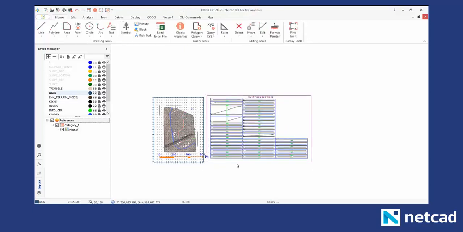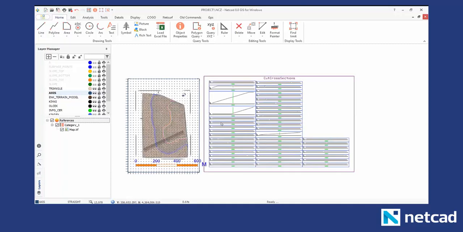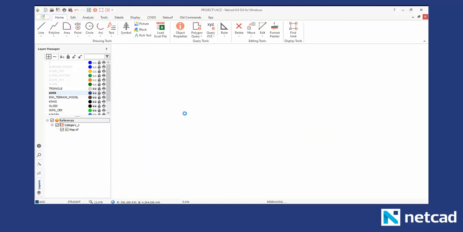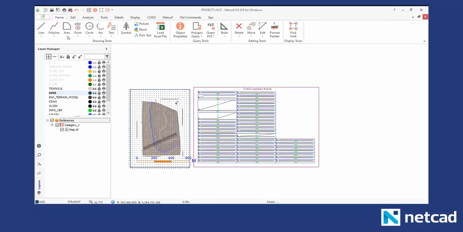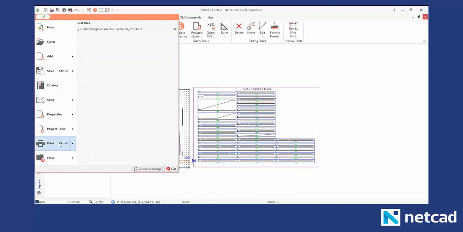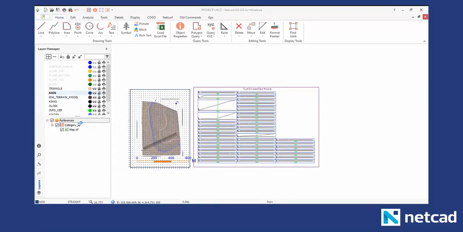You can draw a reference line. You can move all the objects into a reference line while you are adjusting your project, and we can get some printouts. In the printing part,